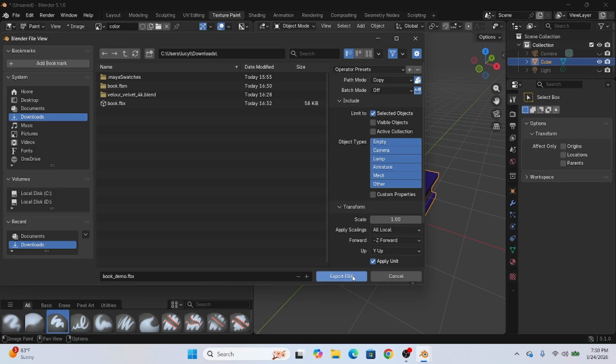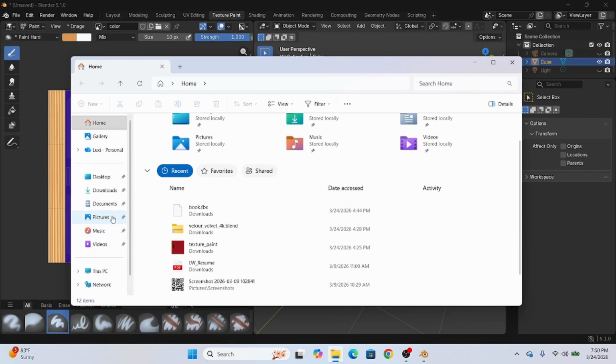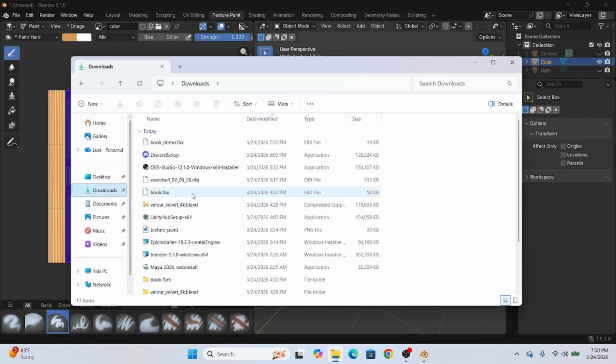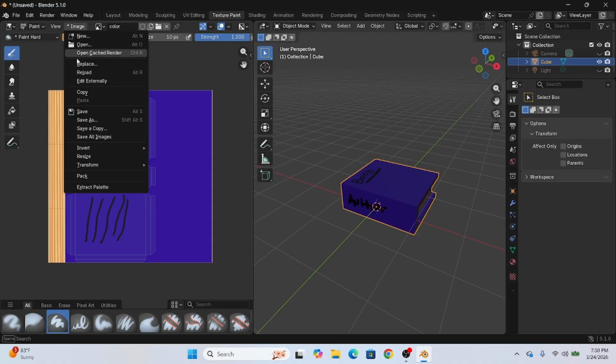But export FBX. This book demo FBX should come with the textures. The book FBX should be able to come with the textures. It didn't come separately. If you do want to download the textures though, we're going to image, and okay, I